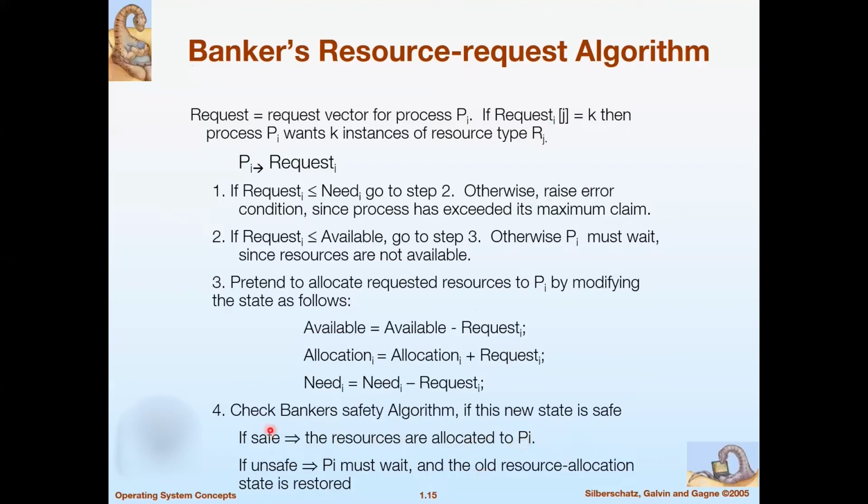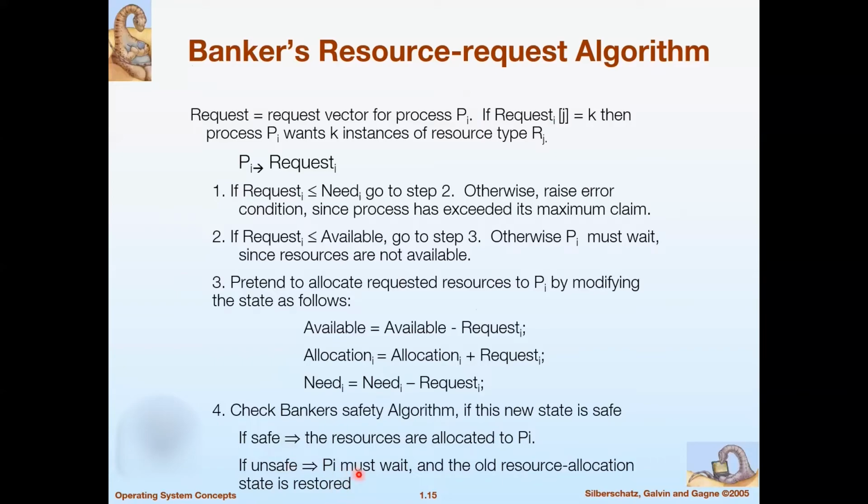So in the fourth step of the algorithm, it checks if this new state is safe. If a safe sequence exists, that is, here it will run the banker's safety algorithm, and if we find a safe sequence in this current state, then the resources will be actually or physically allocated. If we find that this new state is not safe,